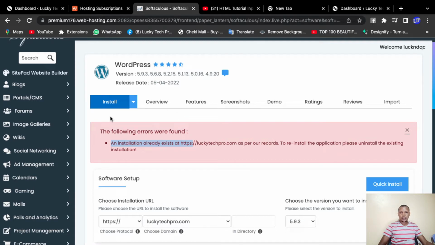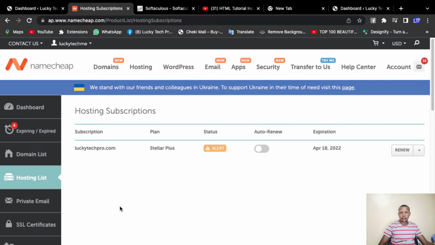You must have been given the login details of your cPanel by your host company. For example, I'm using Namecheap. So you must know where to go to approach your cPanel. As you can see, this is my hosting dashboard. Here you can see Lactech Pro. So I just go here, go to cPanel,